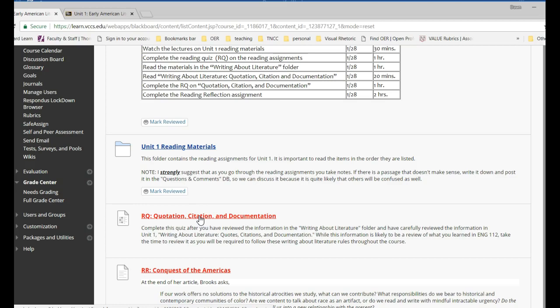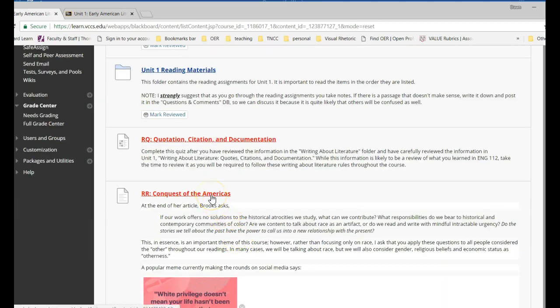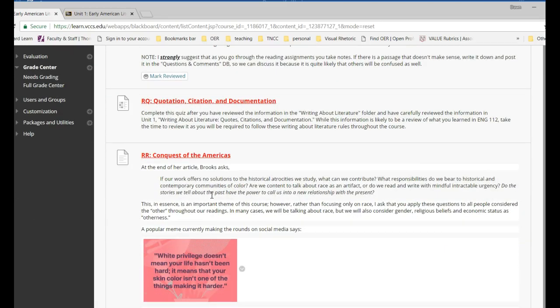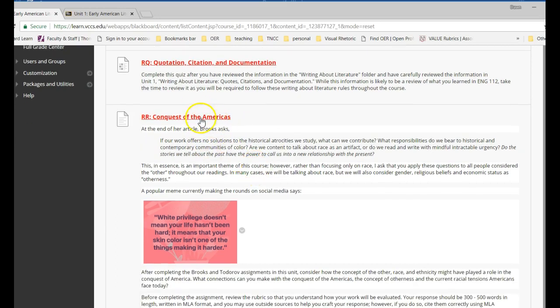That's your reading quiz for all of the reading materials. You don't want to complete that until you've done all of the reading. This is a reading quiz for quotation, citation, and documentation. And then your final graded assignment in this unit is a reading response, and it's to this prompt about